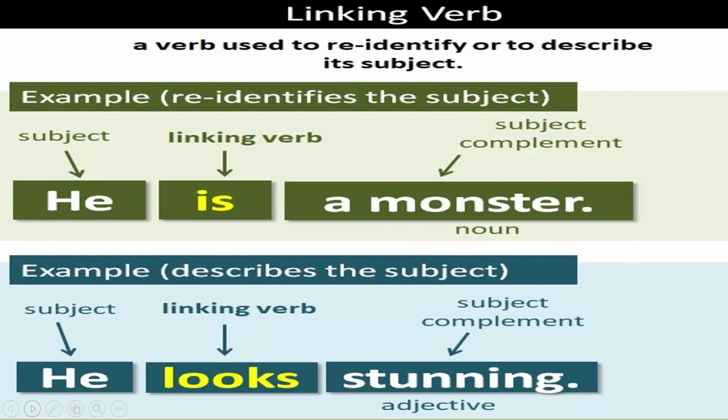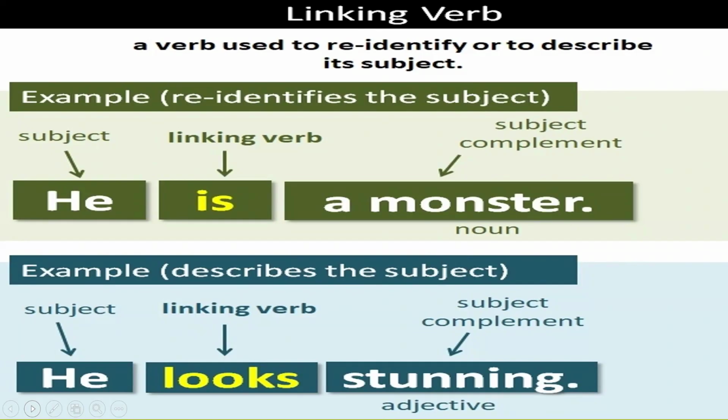Example of re-identifying the subject: he is a monster. In this case, he is the subject, is is the linking verb, and a monster is a noun, the subject complement. Example of how linking verbs help in describing the subject: